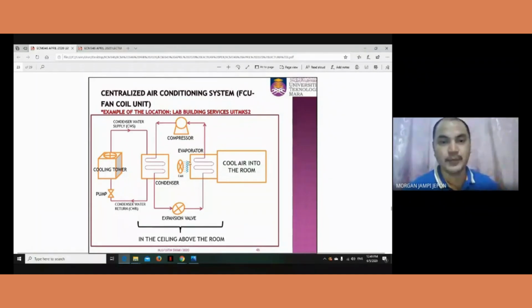Okay, so the evaporator is cold, so we force the air by using a propeller fan through this evaporator, and that supplies cool air into the room. All right, so that is very simple. So again, there are 3 types